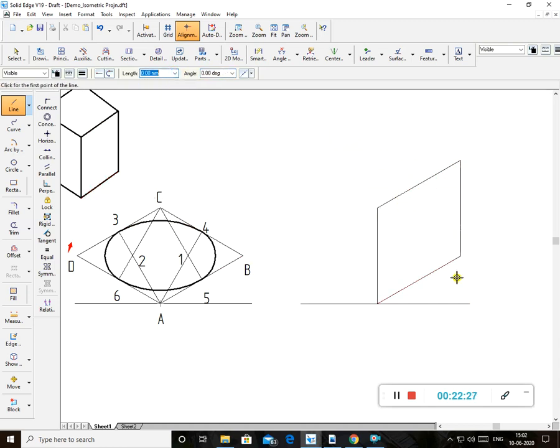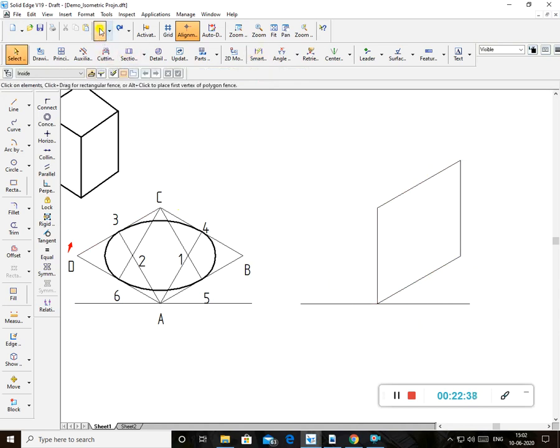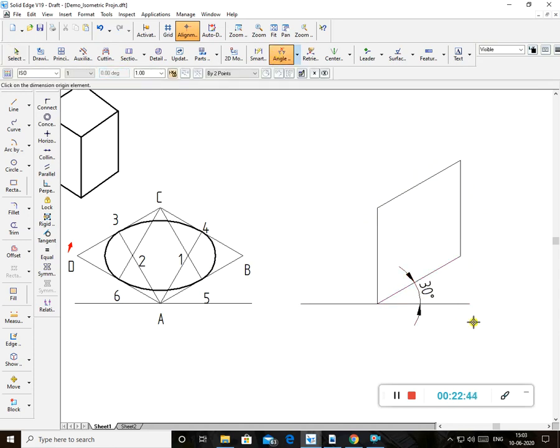Then I can complete this box. Now this is again 30. See here, this is again 30, this is 30, this is 30, this is 30. Correct? Right? Okay, now this angle is also how much? 30. Okay, this angle is 30. Now what will I do now? Now I will construct, inscribe the isocircle inside this box.